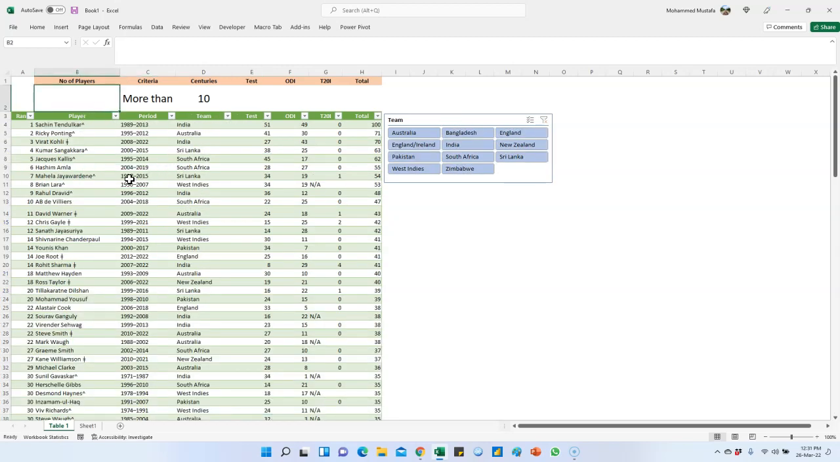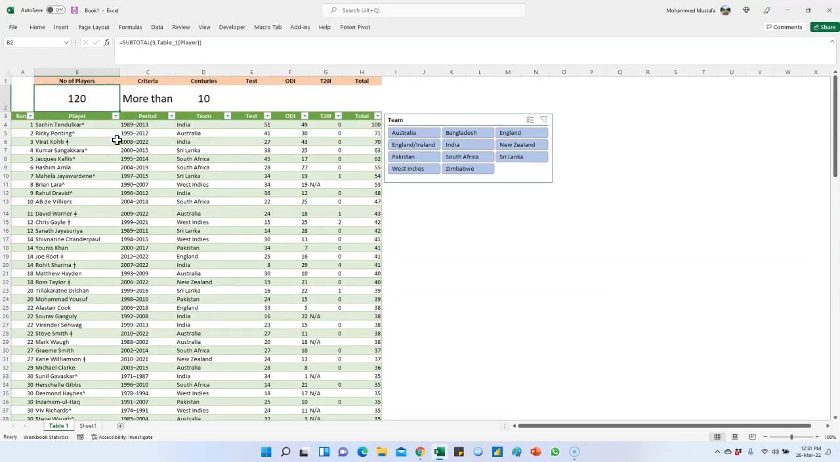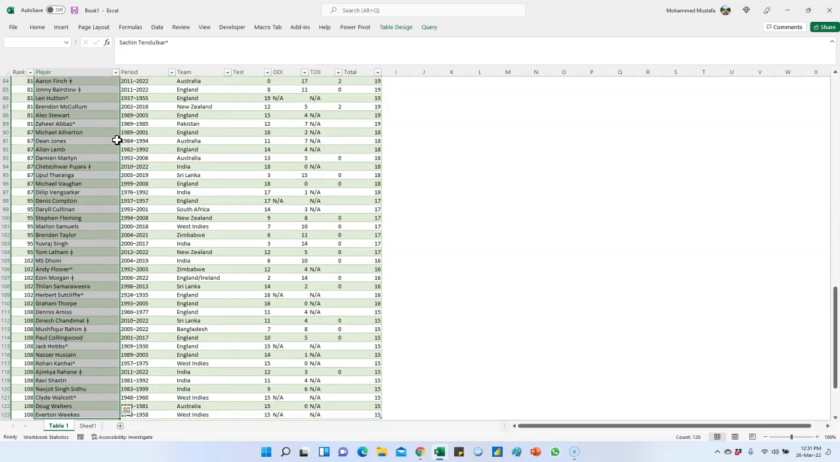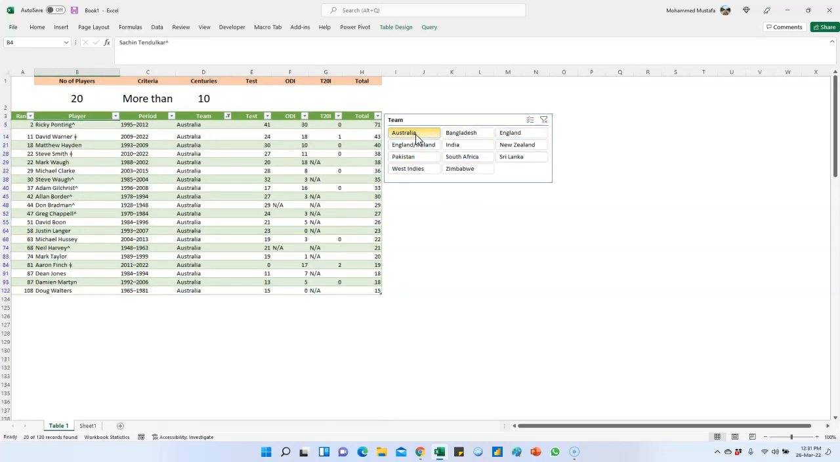So I'll start with the easy function here, which is the subtotal formula, which works perfectly on a filtered dataset. Now since this is text and I'd like to count, I'll use function number 3, which is COUNTA. Put a comma, start from the first cell, right down till the end, and we should get 120 players. Let's validate that, and we can see that we have 120. Now if I slice by the Australian team, you can see that my formula updates automatically to show 20 players